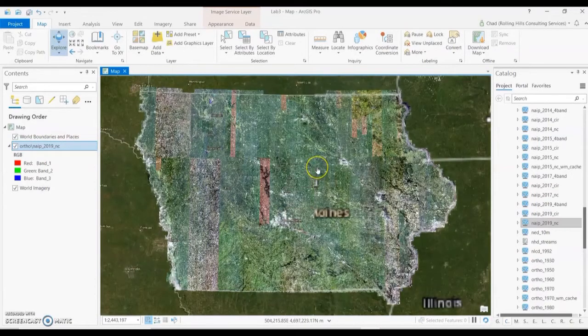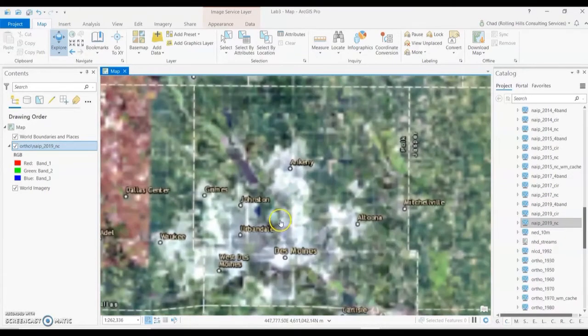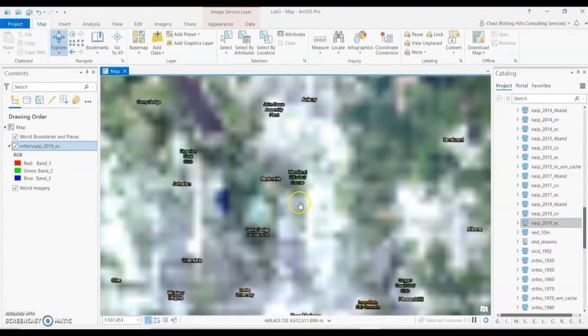Okay, it zoomed back out to the entire extent. That's something that happens when you bring in a layer: ArcGIS likes to zoom to the extent of that layer. And so we can go back to Des Moines or wherever it is you want to go. I'm just going to use the mouse wheel to zoom in here. But I'm going to zoom in close somewhere,